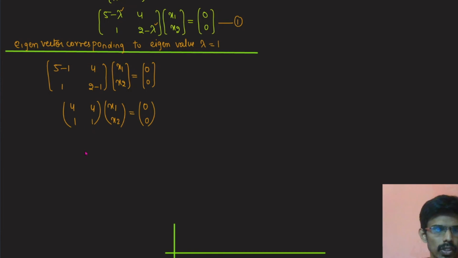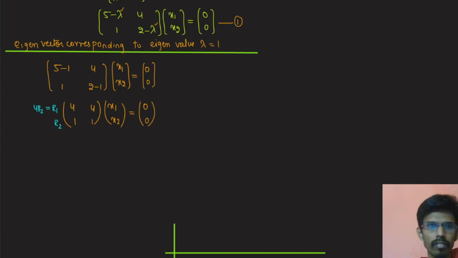Now this is first row R1, this is second row R2, right? R1 is nothing but 4 times of R2, correct? If I multiply 4 to this R2, I'll get R1. So these two after multiplication give the same equation, right? It will give us the same equation by reverse, that is backward substitution.